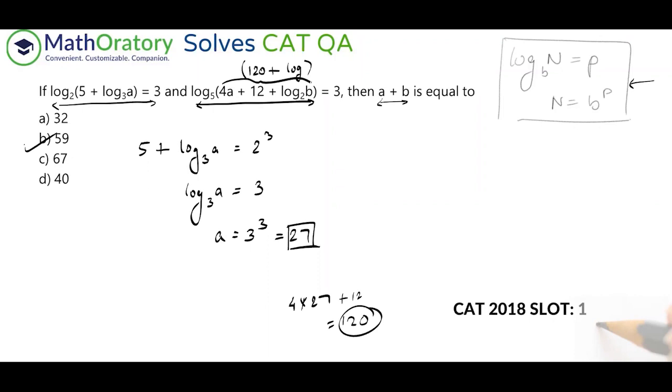So now let me apply this idea here. We have 120 already calculated. So 120 plus log of B base 2 is equal to 5 raised to this 3. So 5 raised to 3 is 125. I hope that is okay with all of you. Let's cancel 120 from both sides. So you have log of B base 2 is equal to 5. So B is equal to 2 to the power 5. Don't do 5 square. 2 to the power 5. So that is 32. So B is 32. A is 27. Just add it up. You get the answer 59.